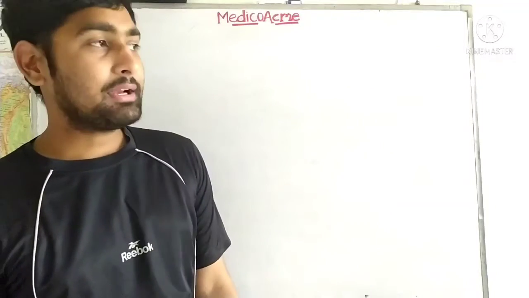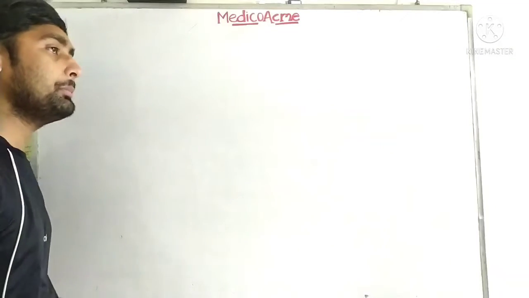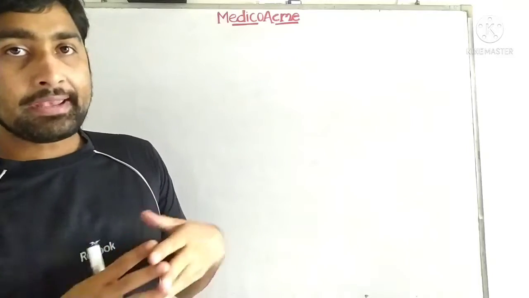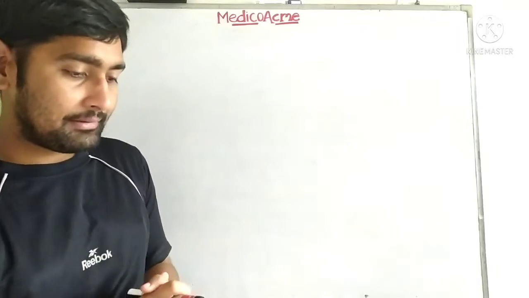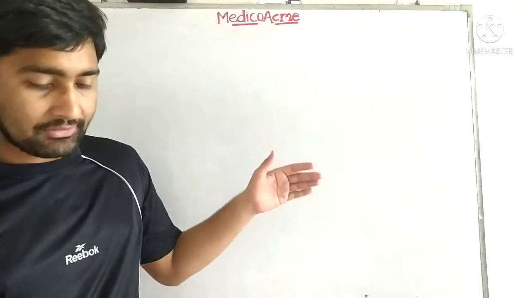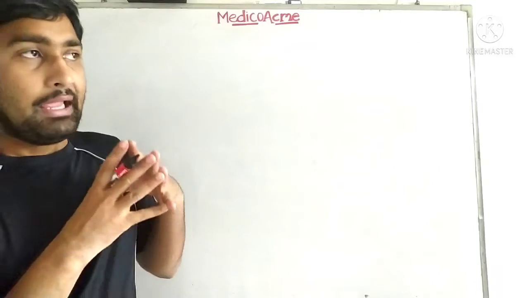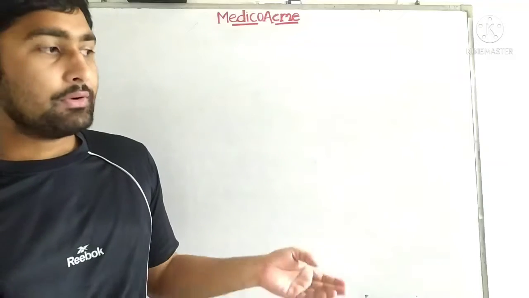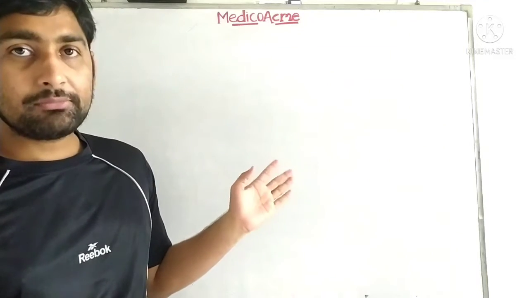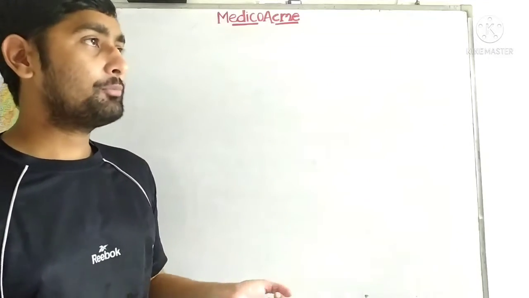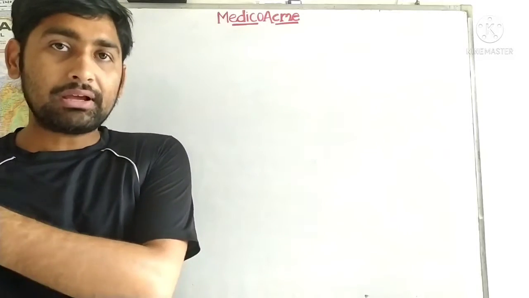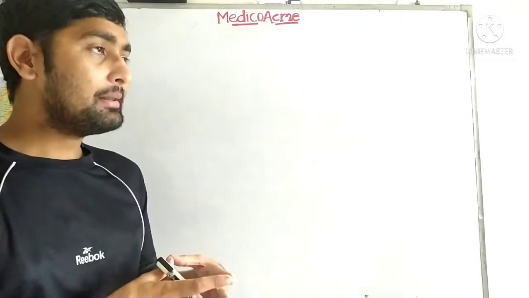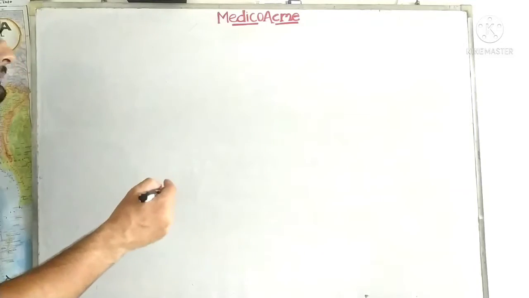Hi guys, welcome back to my class, and today I am going to teach you about the second phylum, that is Coelenterata. So guys, in previous classes we have studied all about the unicellular animals, that is protozoans, and we have covered a phylum which is multicellular, that is the Porifera or sponges. But today we are going to discuss the second multicellular animal in the kingdom Animalia.